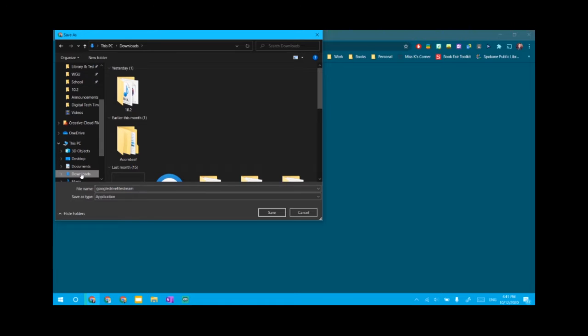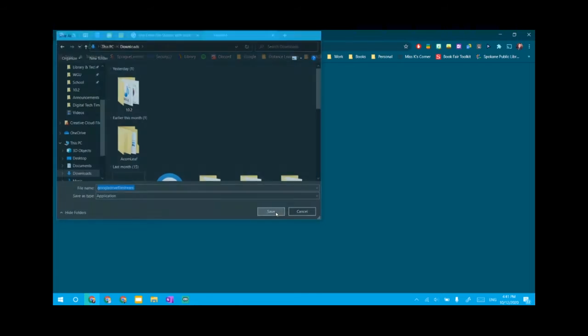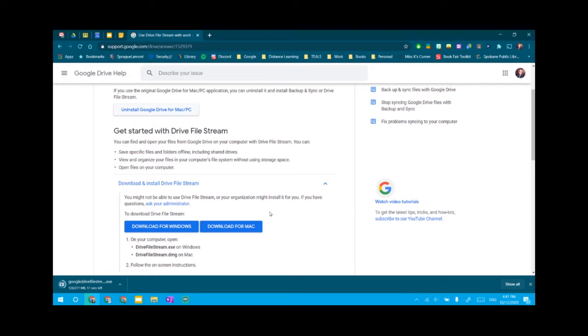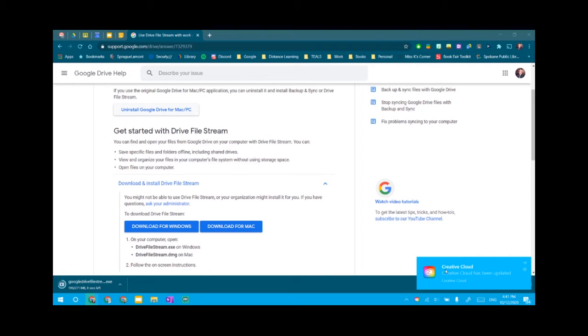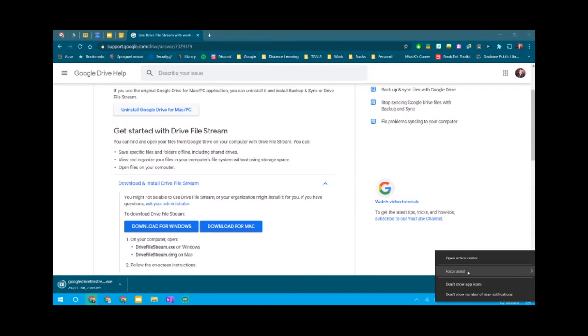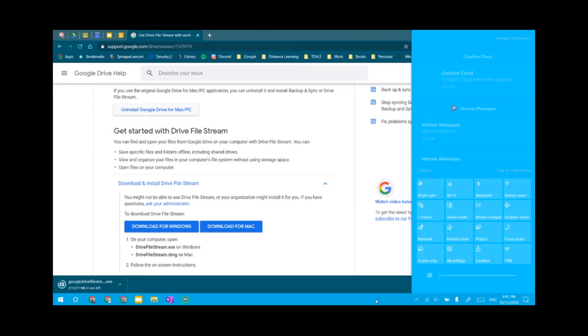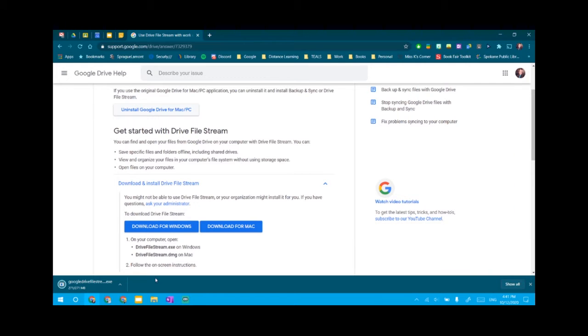I personally always download software to my Downloads folder because I empty it enough that it doesn't clog up my computer. Depending on your internet speed, this could take a couple of seconds or a handful of seconds to download. Once it is downloaded,